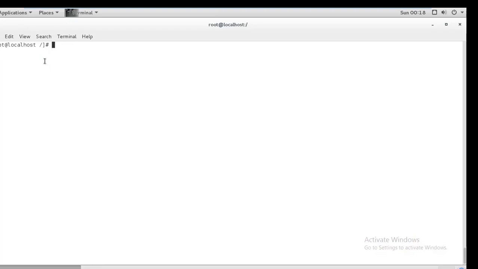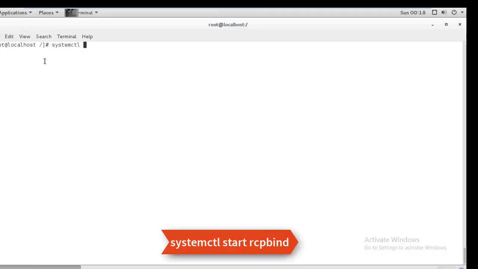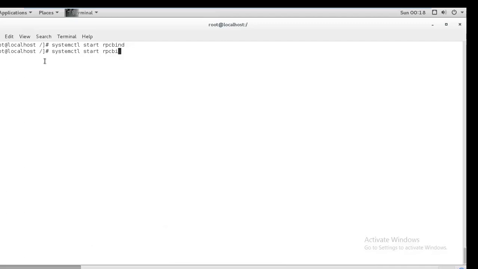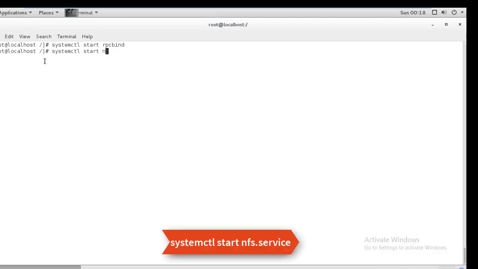Then after that we have to start the services, which is systemctl start rpcbind, and then next nfs.service.